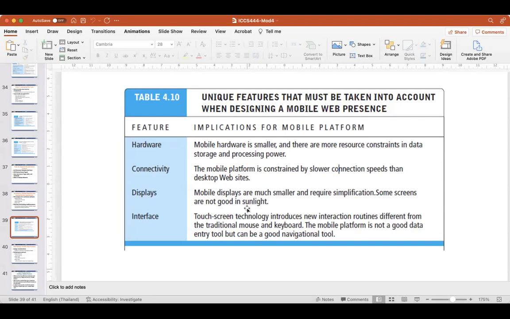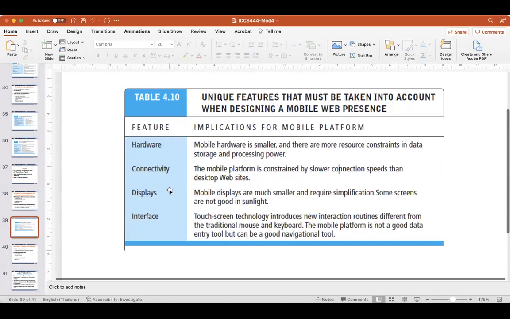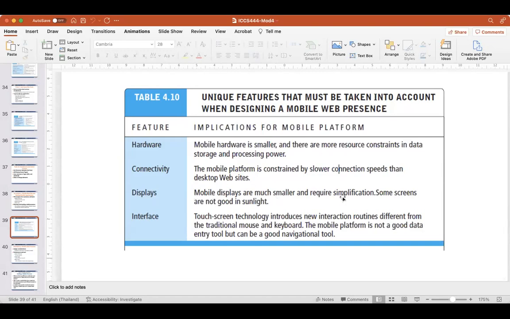The next one: mobile displays are much smaller and require simplification. Yeah, this is still true. Some screens are not good in sunlight. Right now it's better, but anyway, if you have to use this kind of application outside the building, for example, an e-commerce platform that helps the customer edit the photos they take with the camera,